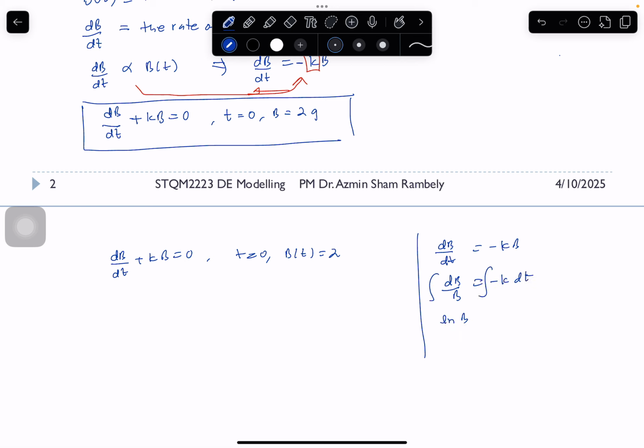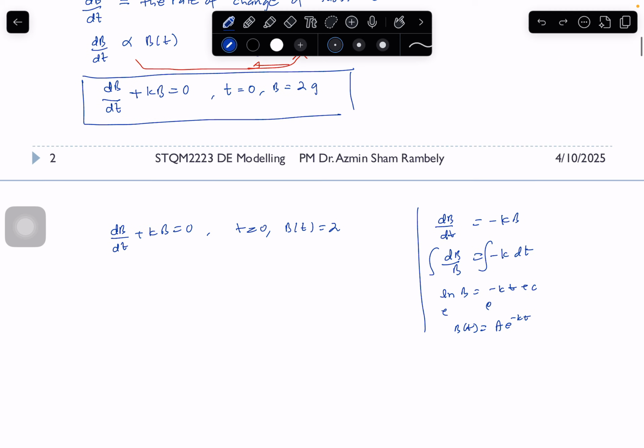So you have ln b is equal to minus kt plus c. Exponentiate both sides. So we have b of t is equal to a e to the minus kt, right, as a general solution. Or you can use the integrating factor